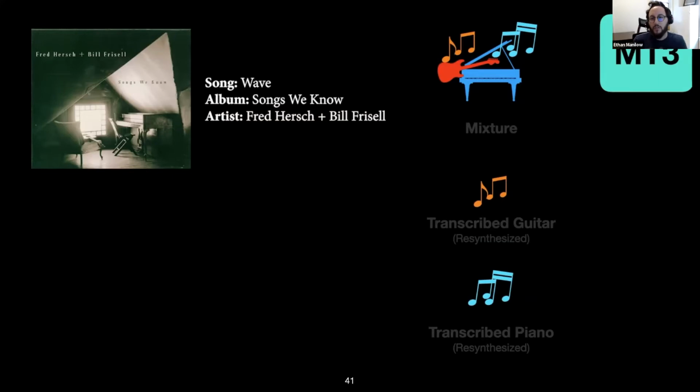However, zooming out a little bit, the MT3 transcription got almost all of the notes correct if you ignore the instrument labels for a second. And the MT3 piano transcription captured the overall gestalt of the piece and sounded like a really plausible transcription. So that's kind of the good and the bad of both of these architectures, right?